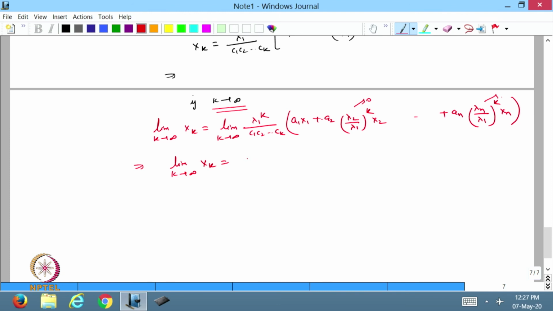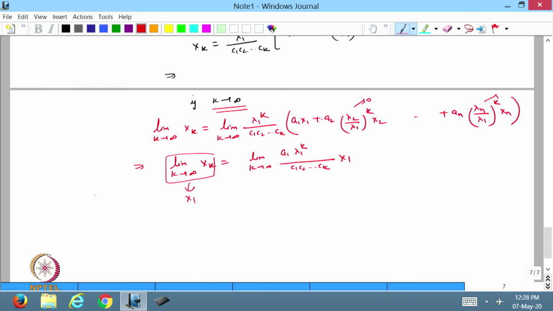So, from here I will get this will be equal to a1 x1, this c1 c2 up to ck. I will be left with only the limit k tends to infinity a1 lambda 1 k x1 by c1 c2 up to ck. So, this factor I will get, into x1. Now, from here also I know that on the left hand side it is also converging to x1,